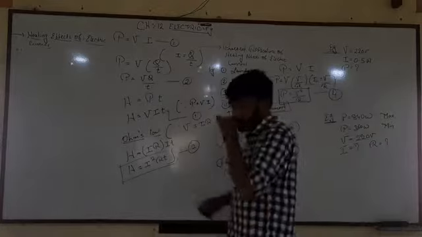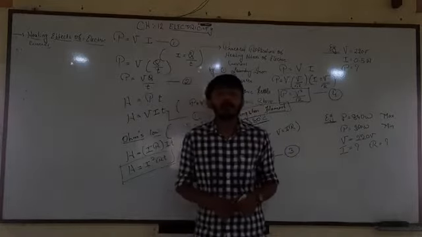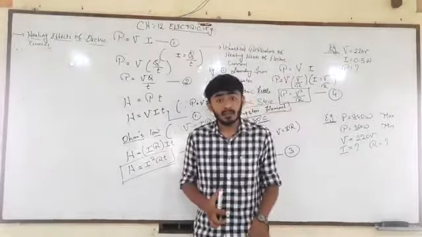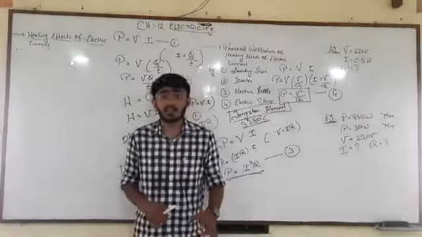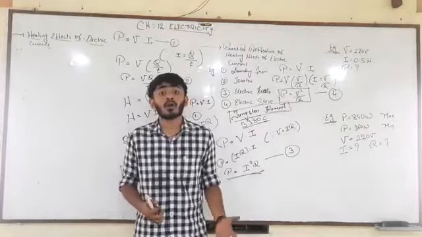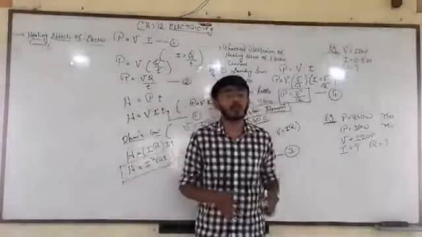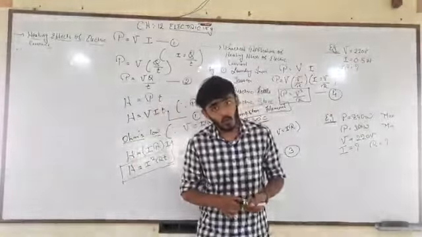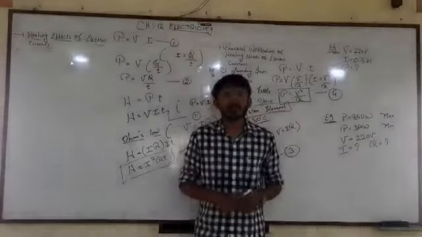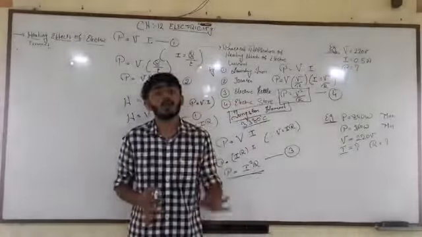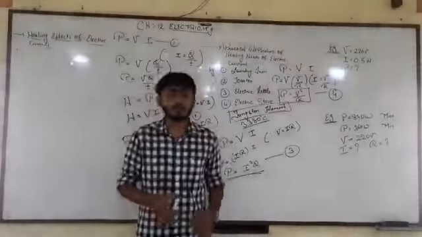Fine. So the next thing is, as I told you, the electric bill coming to our home is also measured in the form of power, and that is watt. But how much watt? See, the unit of watt is quite low, and so they are using kilowatt. 1 kilo stands for 1000.